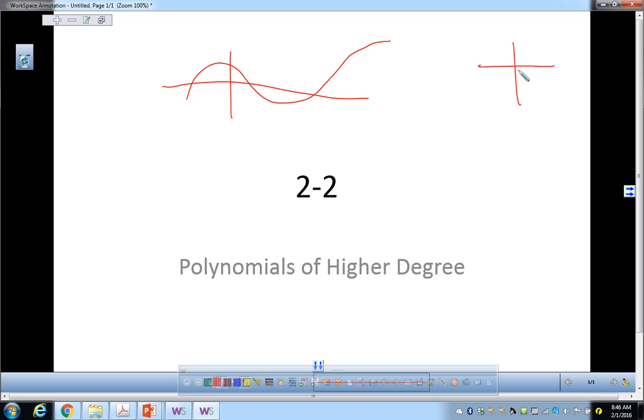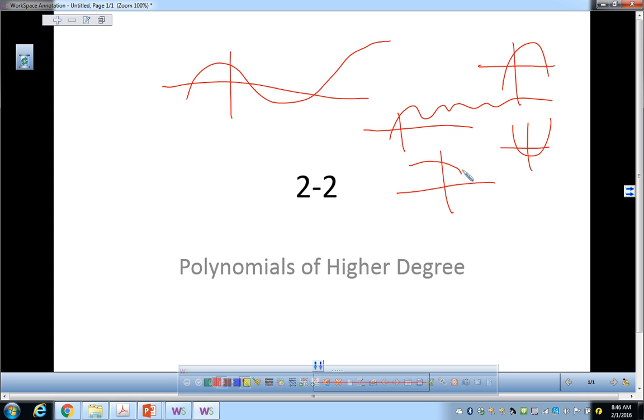Quadratic functions usually make parabolas, right? Polynomials of a higher degree have curved shapes. They usually go up and down, and they could go up and down several times depending on the degree, so they can look like this or something. What they cannot have is breaks in them,